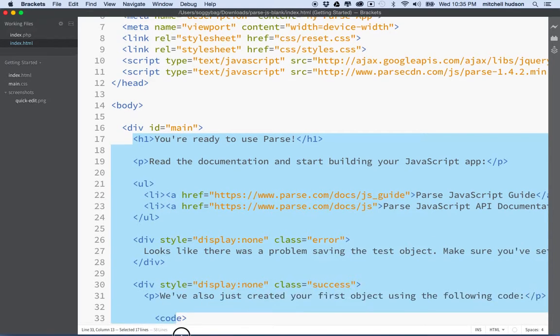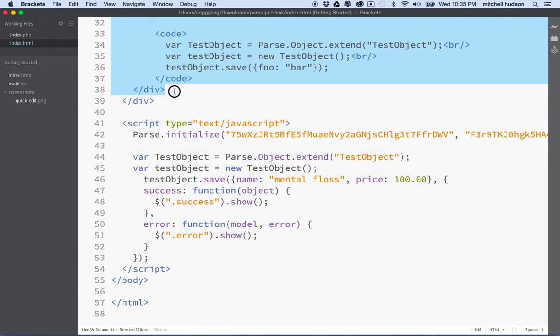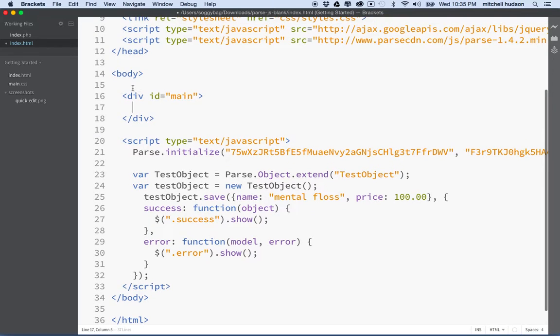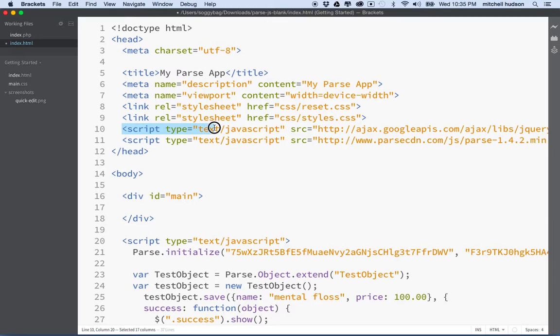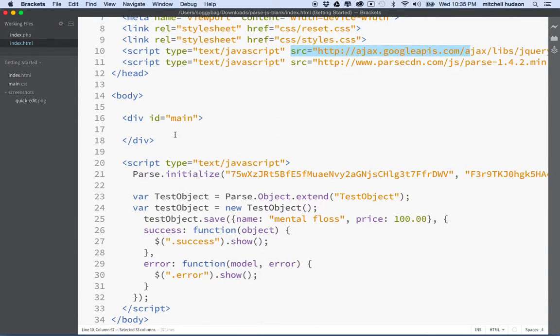Okay, so I'm going to go into their default code and delete everything inside this main div here, and you'll notice the default code includes a link to jQuery and then a link to the Parse CDN. So in order to work with Parse, we have to have this link here to get the Parse JavaScript code. And jQuery is kind of like a helper library that we can use. So we're going to use both of those. The first thing I'm going to do is make a form,